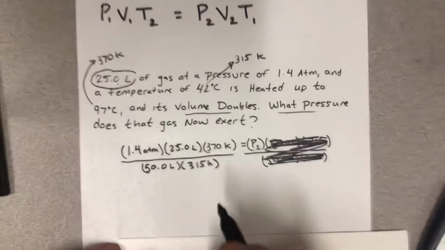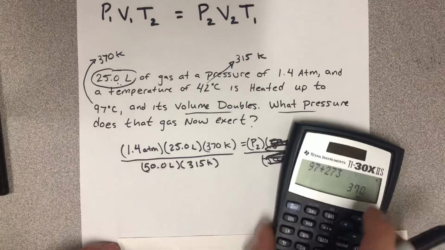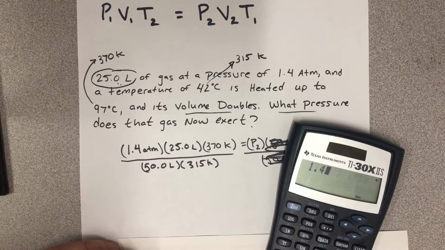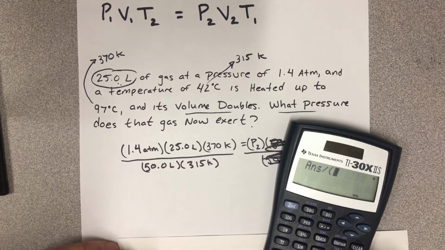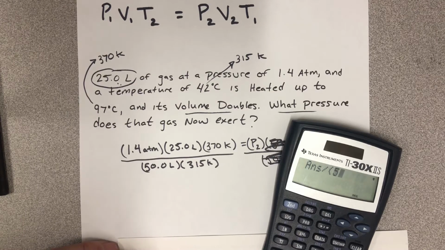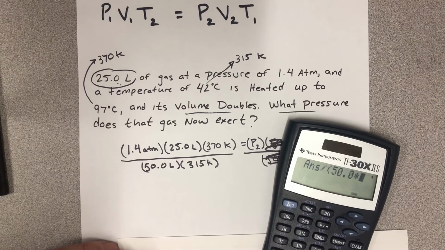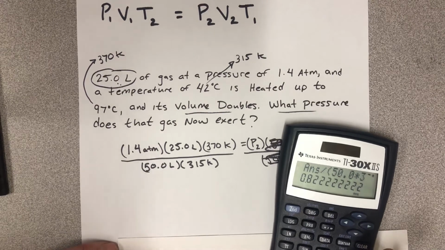Now it's just multiplying and dividing. So 1.4 times 25 times 370 gives us this number, which we're going to divide by the denominator, which is 50 times 315. And that gives us a final pressure of